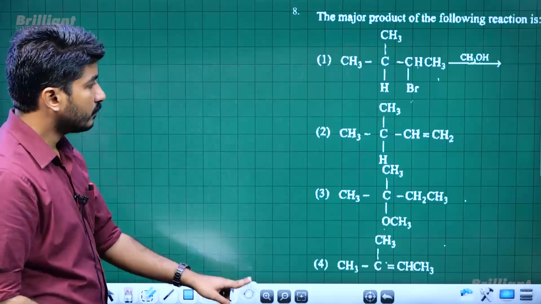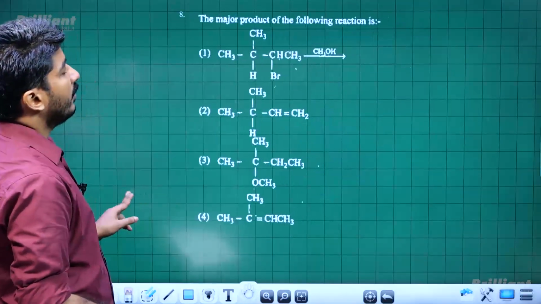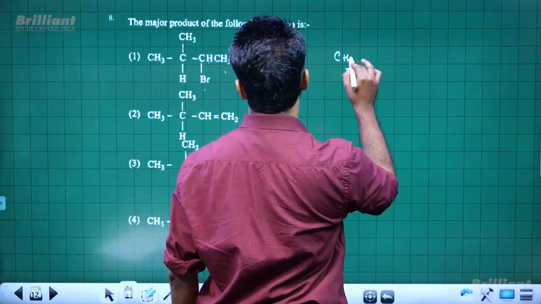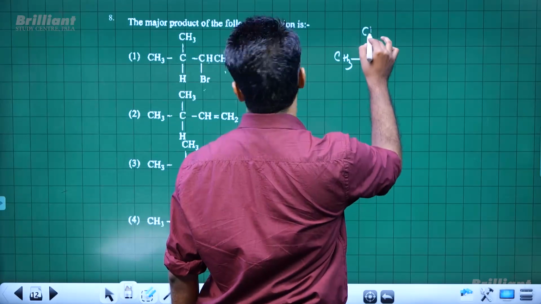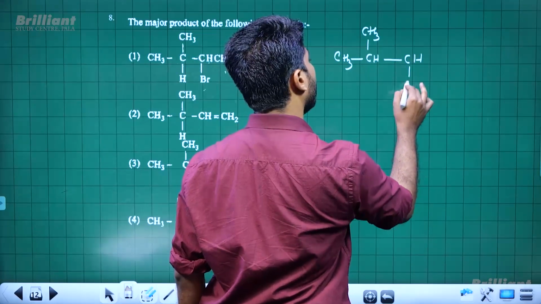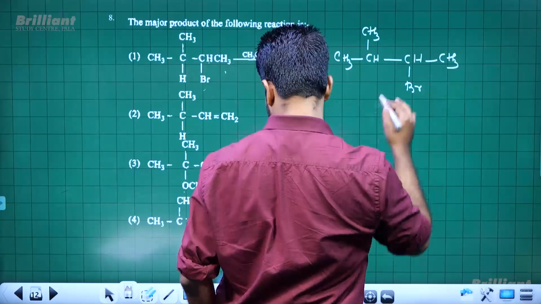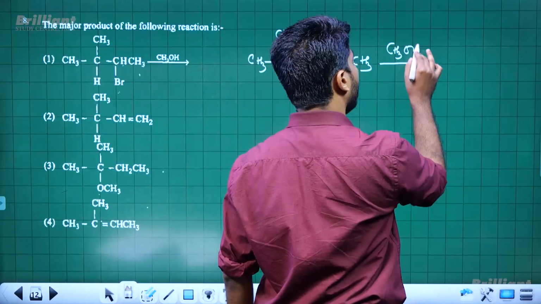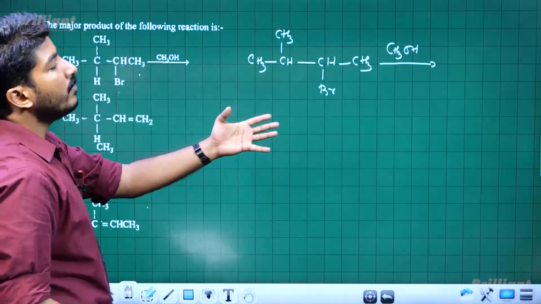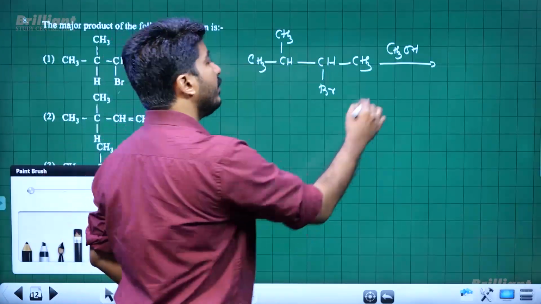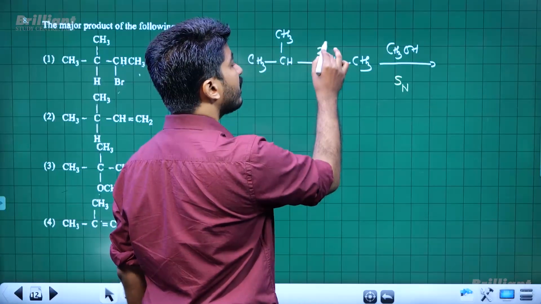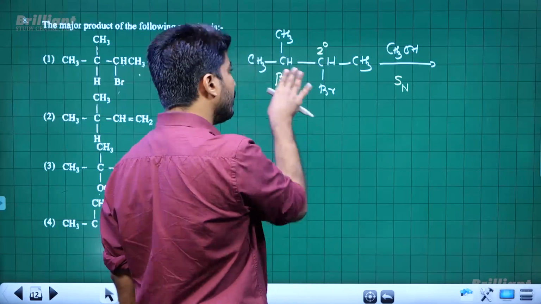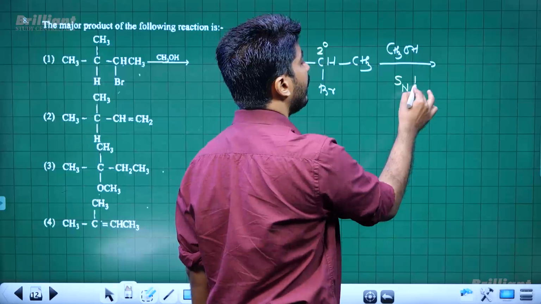Now, a different question. CH3, CH, CH3, CH, Br, CH3 is just treated with methanol, CH3OH. So a haloalkane treated with a small nucleophilic solvent molecule, right? Then this will be an SN reaction, a nucleophilic substitution reaction, and this haloalkane is a secondary haloalkane with a hindered beta carbon also, right? Doesn't matter if it is a secondary haloalkane,